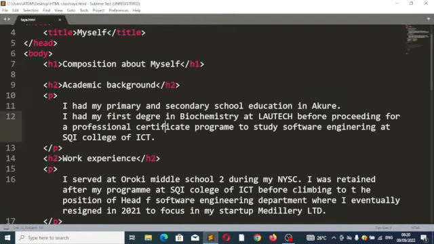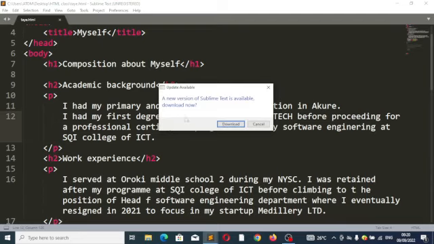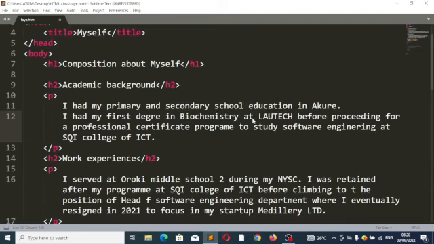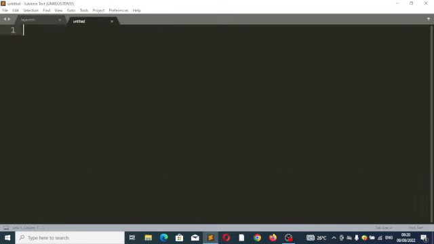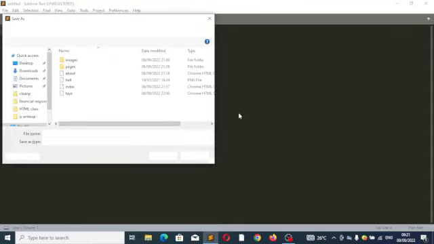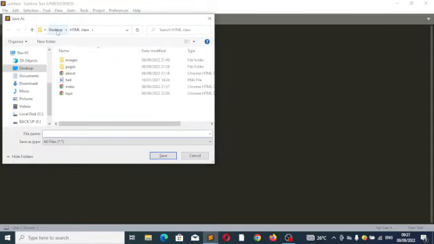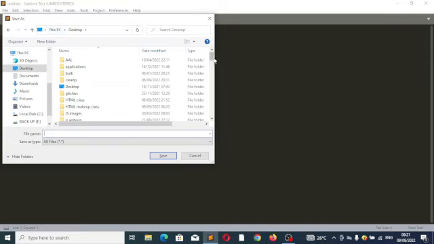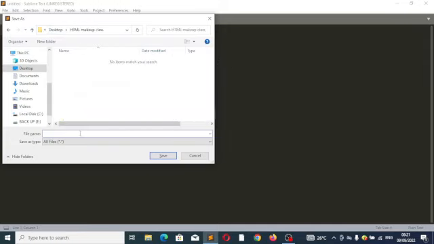I'll create a new file, and this file will be called index.html. Whatever file I create in this video will be created inside that makeup folder. So I'll go to the desktop, search for the makeup folder, HTML makeup class, and I'll call it